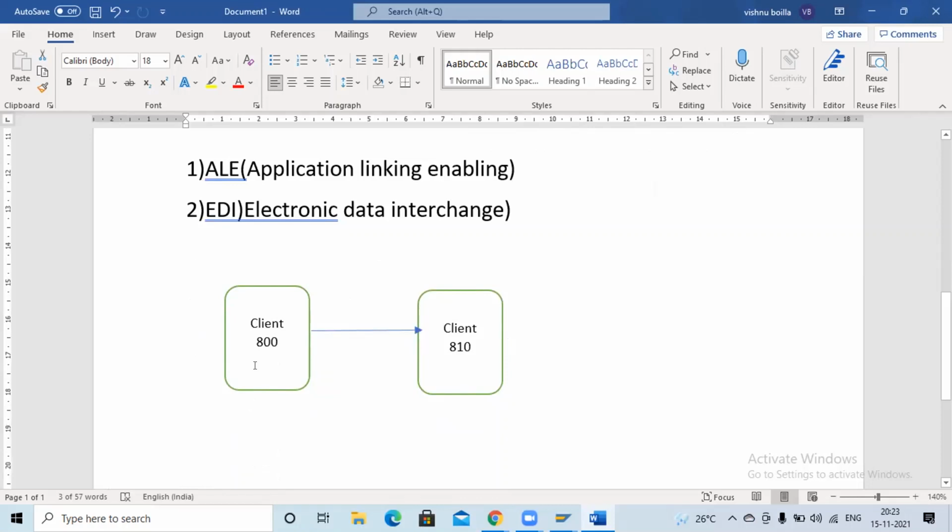Guys, here I am taking SAP to SAP only. You have to think that you can use this SAP to send any kind of data, because we don't have the server. So I have taken only two servers, this is the first server, second server. I'm going to do the configurations in these two servers only. But the concept and everything else is the same procedure. So this is the concept, guys.